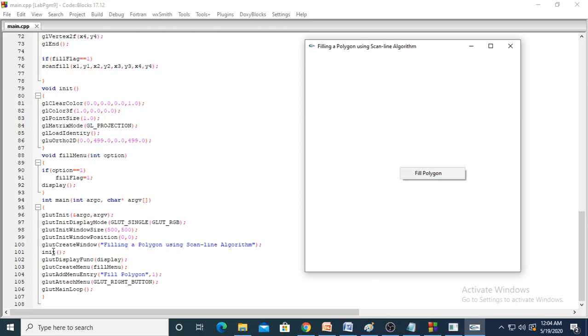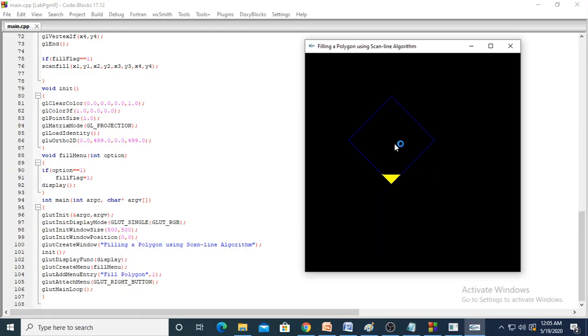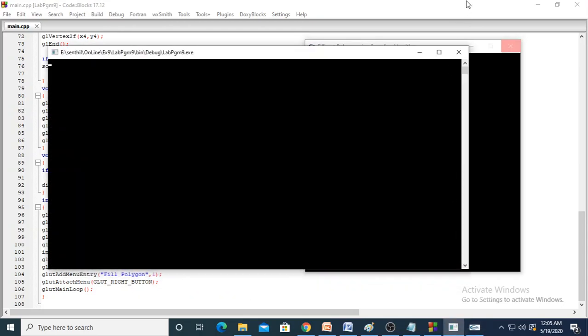Let me explain the init function. Init is here, glClearColor. So we are clearing RGB. All are 0, 0, 0, which means black color. After clicking here, I'm seeing a black color. So that black color is initialized here. Then glColor3f RGB, this is red color. But after giving this, finally whichever color is given last, that color only will be used. Let me close this program.